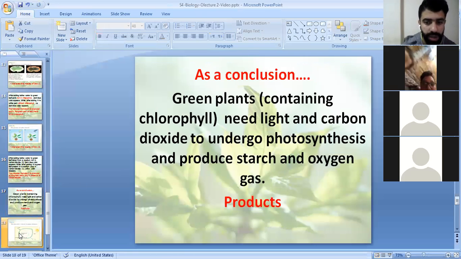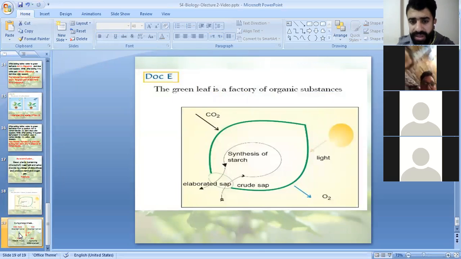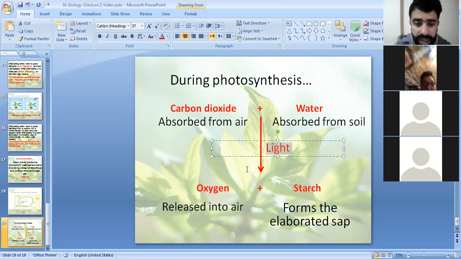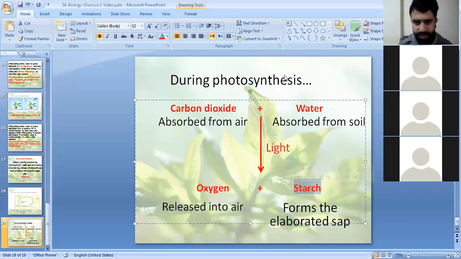So as a conclusion here, the green leaf acts as a factory of organic substances. During photosynthesis, carbon dioxide plus water are called the reactants. Carbon dioxide is absorbed from the air, water is absorbed from the soil, and they react with each other in the presence of light, which is very important, to give oxygen gas and starch, which are the products of this reaction. Okay, guys, so here we